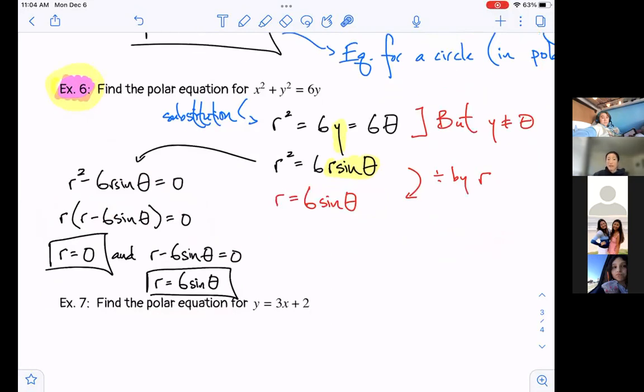Now we do need to unpack what these solutions mean. So I said, find a polar equation for x squared plus y squared equals 6y. If we graph r equals 6 sine theta on Desmos, we will get the same thing as if we graphed x squared plus y squared equals 6y. However, if we graph r equals 0, we will not get x squared plus y squared equals 6y. What will we get if we graph r equals 0? Center? Yeah, we're just going to get a single point at